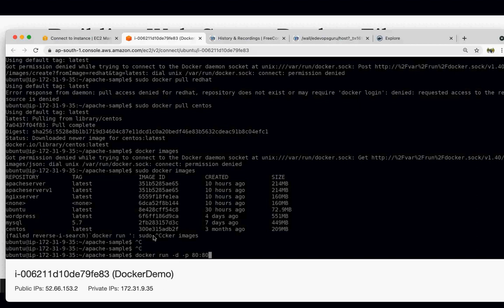For example, on your host machine port 80 may already be reserved, but your Apache runs on port 80. In that case you can use any custom port. Then the name of your Docker image, Apache server.